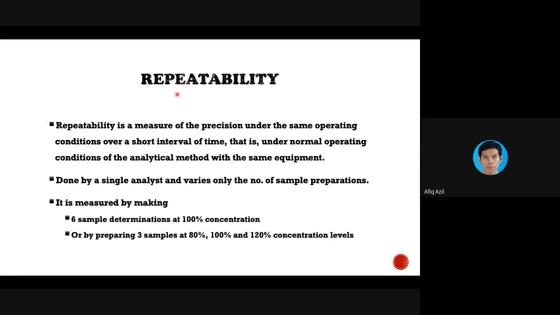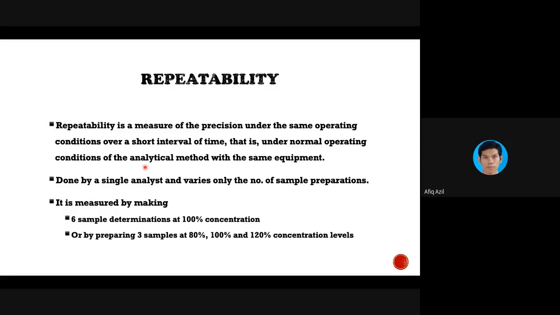Repeatability has to be done as well. This is a measure of precision under the same operating condition over a short interval of time. That is under normal operating condition. So you have to repeat the test, and the test has to be done in a short span of time. Let's say you do one analysis using HPLC.